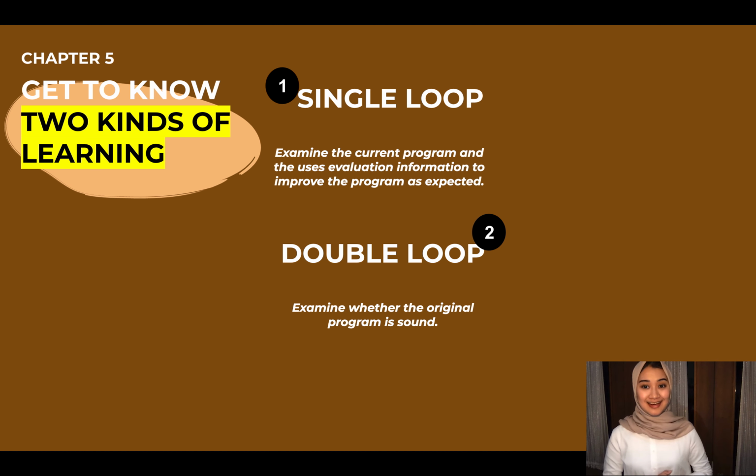As written in the slide, the single loop focuses on efficiency, effectiveness, whether our performance achieves the objectives that we expected. And the double loop mostly discusses whether our project is really useful for the society, or